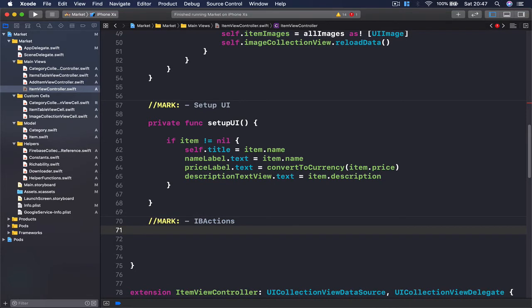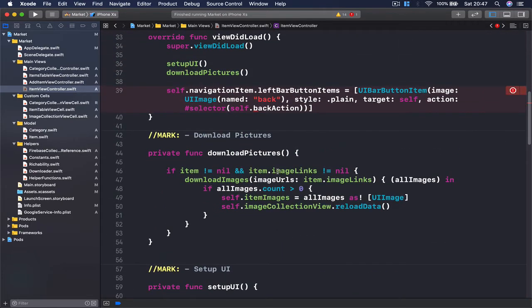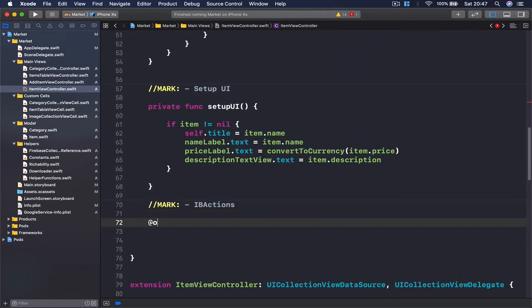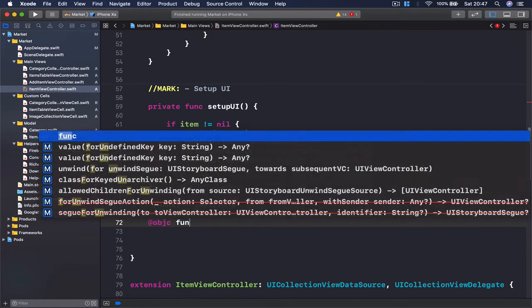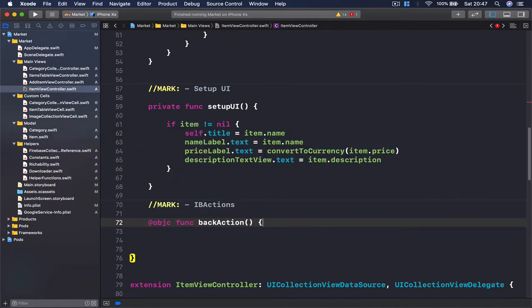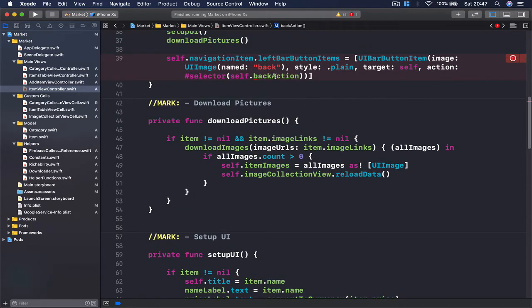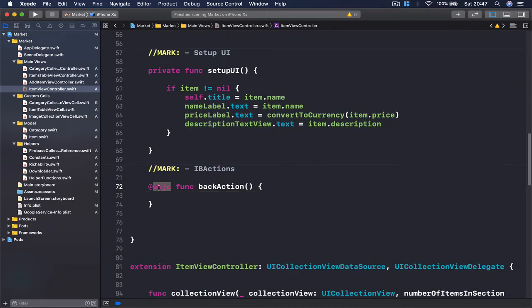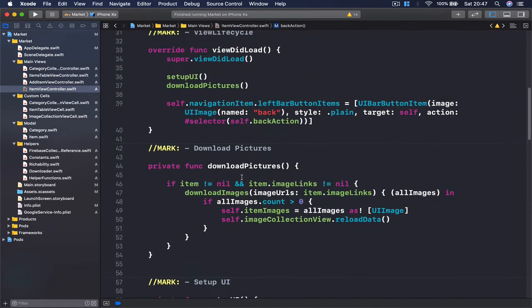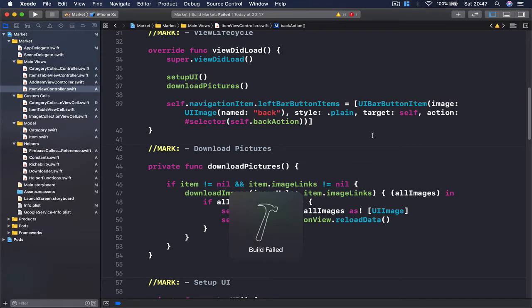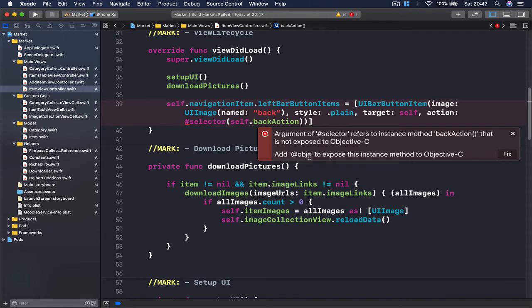And here we're going to put this function in order to go back. In our case, we need to specify that this is conforming to the Objective-C protocol. So we say @objc func, and we paste the name here. And this way the error will disappear. But if we don't put @objc in front of it, this is not going to work. If I press command B, it complains that this should have @objc in front of it. So if I just click fix,